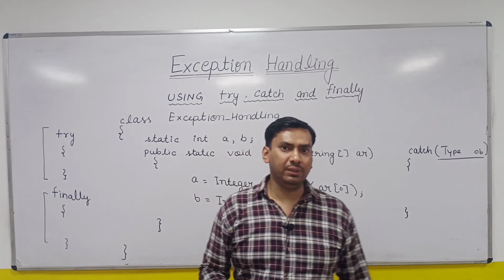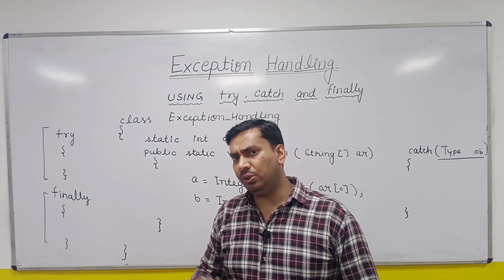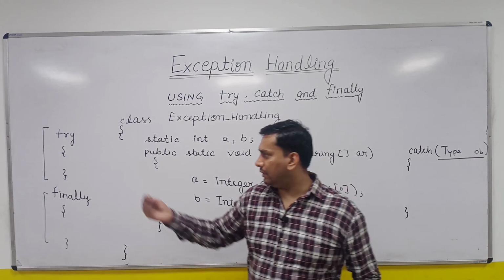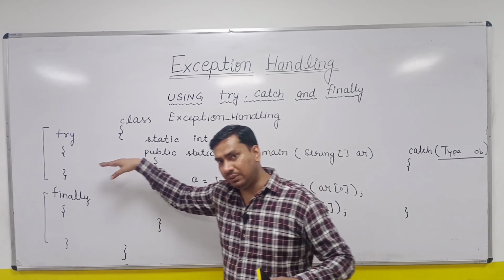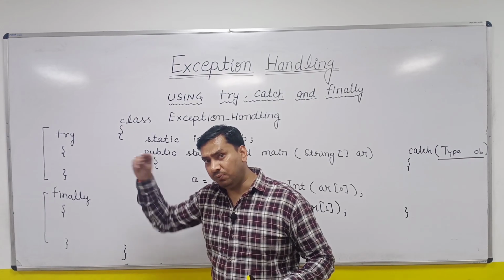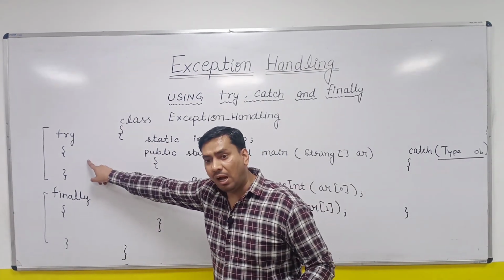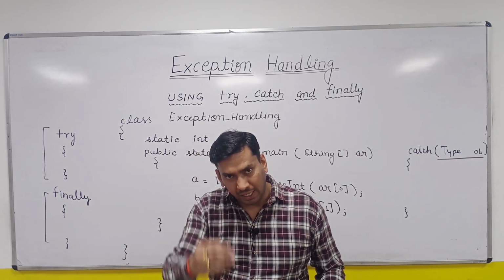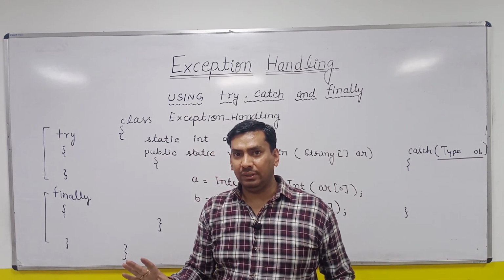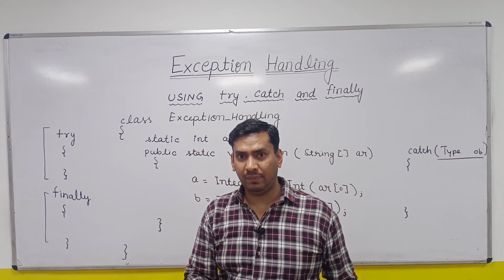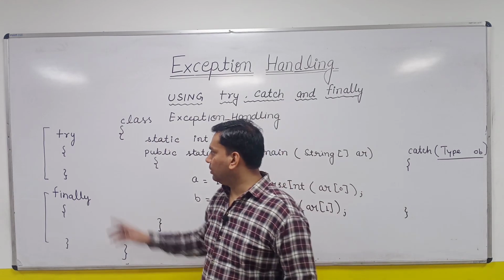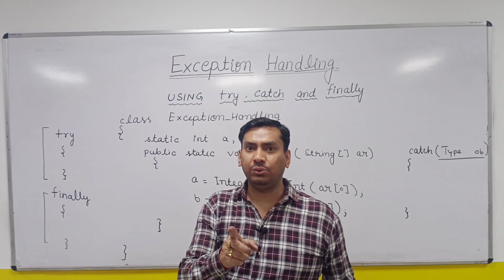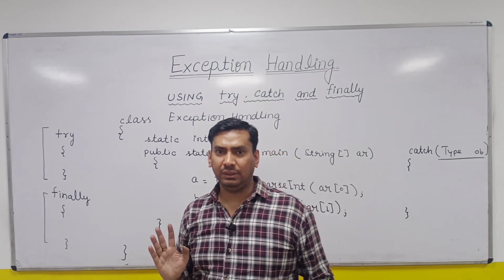Sometimes in an interview you can be asked why we don't write every piece of code inside the try block. The answer is, if you write everything in the try block, suppose the exception occurs in the first line, then the exception object will be thrown outside the try block. It means the remaining code of the try block will never be executed, so you will be losing your code, right? That's why you write in the try block only those statements whose execution can create some exception, right?